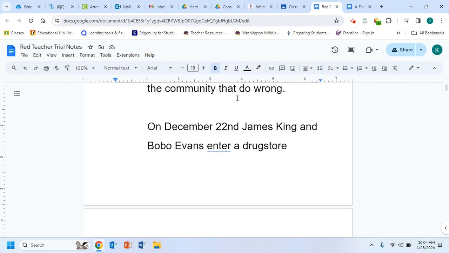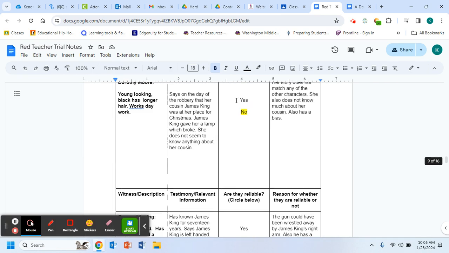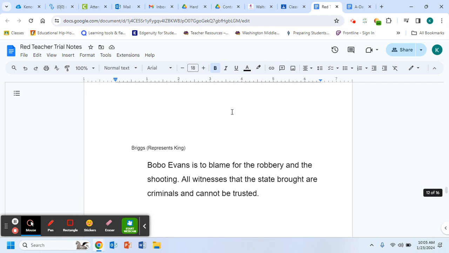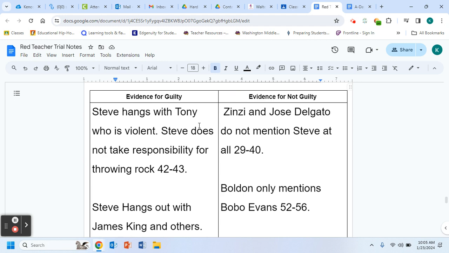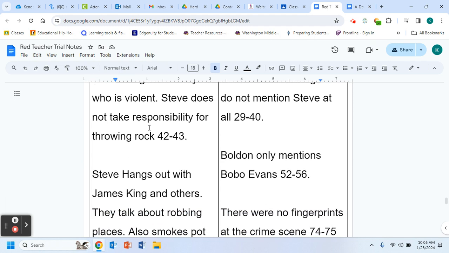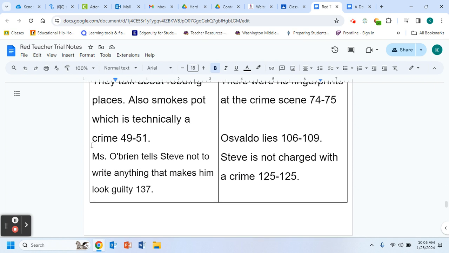I have my trial notes, and I'm going to scroll down to the bottom where I have all my evidence, and I need to find three reasons. So what I'm going to do is highlight them so I remember what they are. I just need three of them. So let's say the first thing